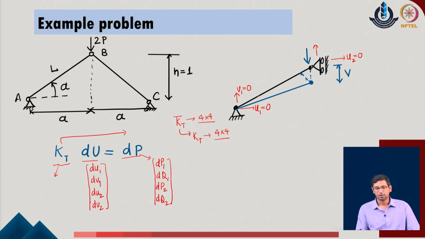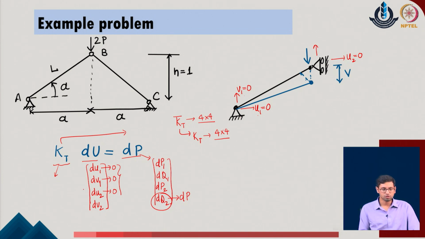In the similar case, we also do not have any incremental external loads active at the respective positions of the degrees of freedom u1, v1 and u2 in the given problem, which means the corresponding values of the increments in the displacements will also be 0, as the support conditions are restrained for these degrees of freedom. And as far as the loading is concerned, we are only going to provide the external load d of q2, which is the loading direction with respect to the displacement v2 in the given system.